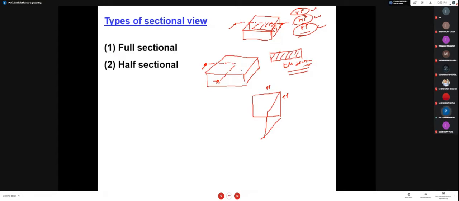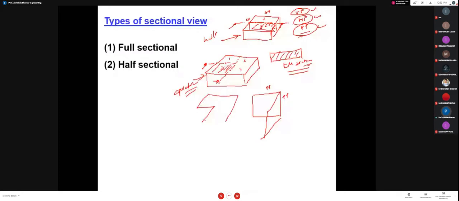Suppose you have such a figure, say it has a size of 40 mm, a square, and you cut it into two equal halves. The view visible here is a full sectional view. Here I am going to cut it into four parts, say 1, 2, and imaginary 3 and 4. I am going to remove portion 3, the quarter portion. After removing the quarter portion, my job will look like this.